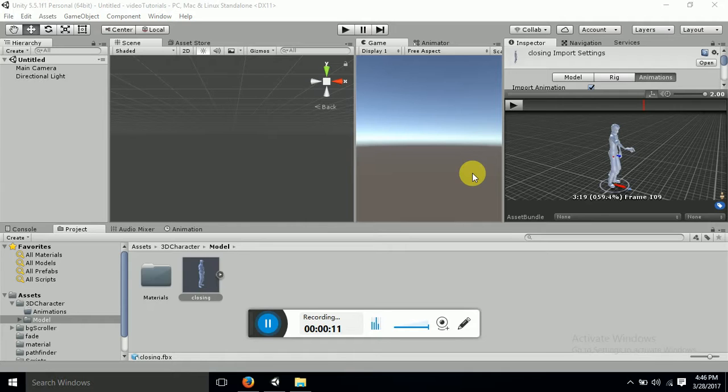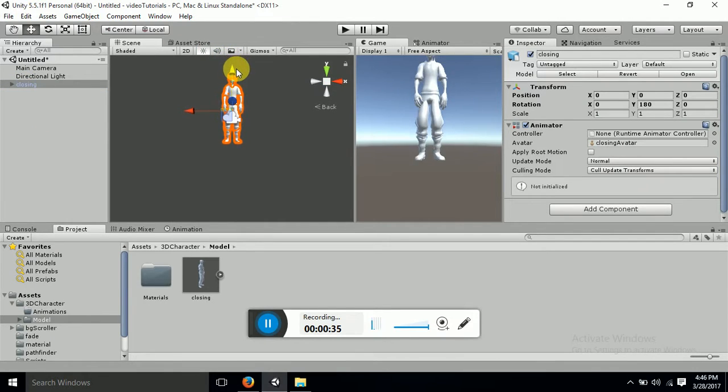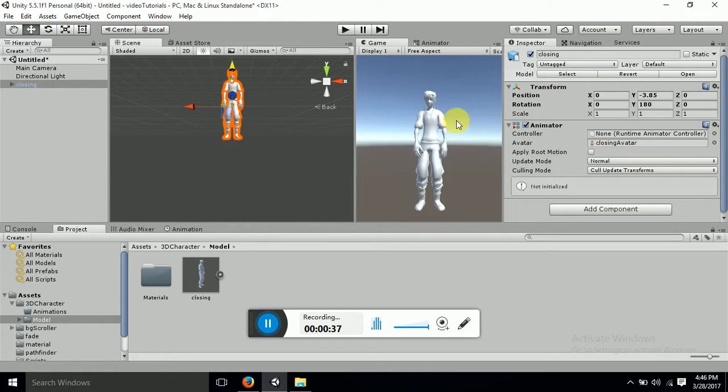So what we are going to do right now is drag this character on our hierarchy panel. So you can see that here's our character. Let me rotate it to 180 degrees. Now that character is facing towards us. So let me drag it a bit down. Yeah. So you can see that this is our character, and when we hit play,